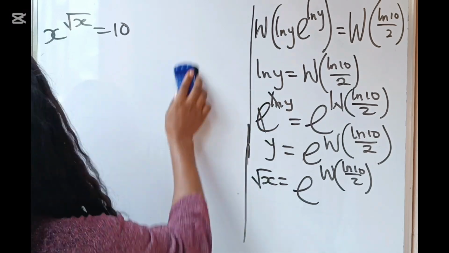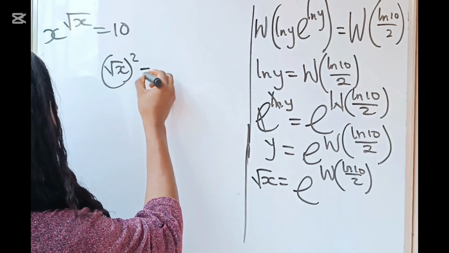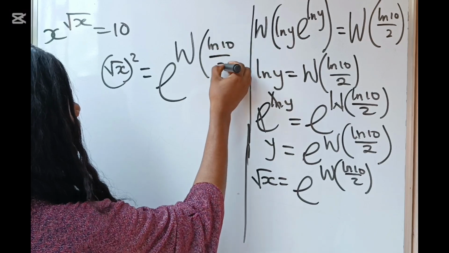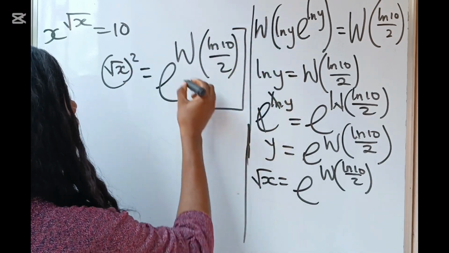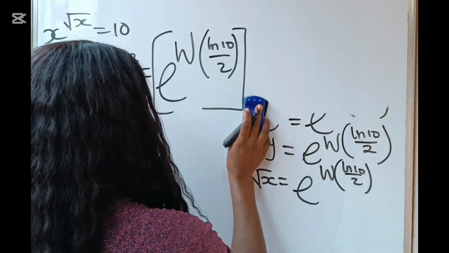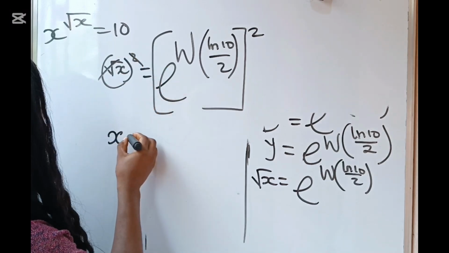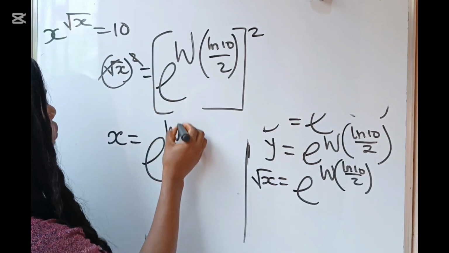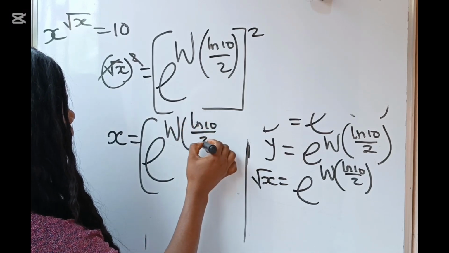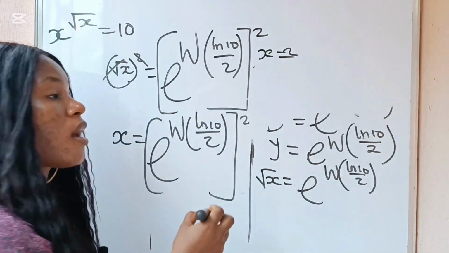If we do that, then we are going to have root x raised to the power of 2 is equal to e to the power of the Lambert W function of ln 10 divided by 2, everything raised to the power of 2. So we cancel this to give us that x is e to the power of the Lambert W function of ln 10 divided by 2, everything raised to the power of 2, which is approximately equal to